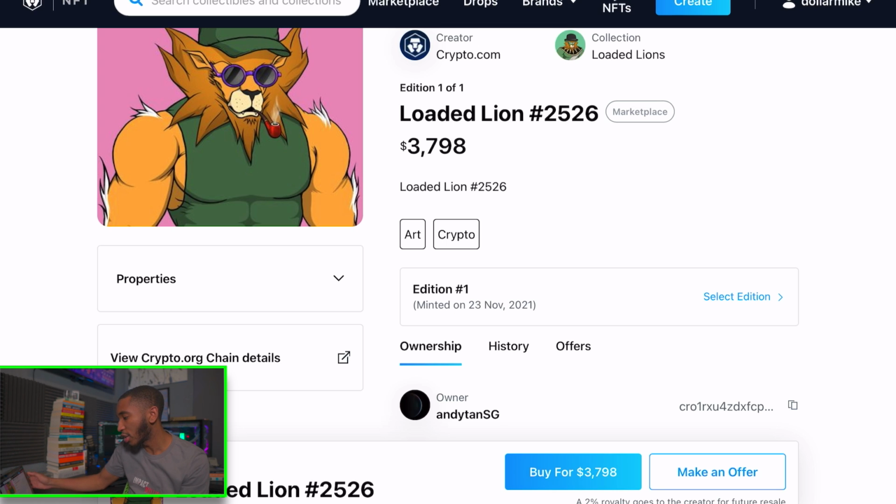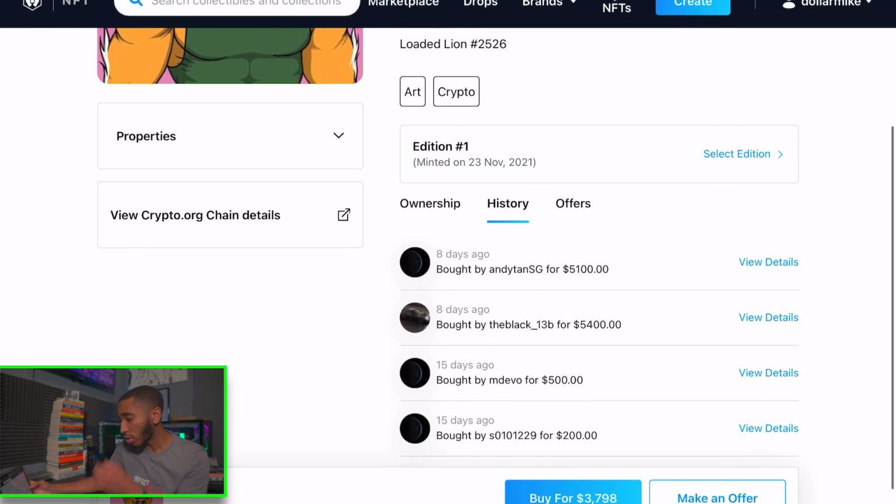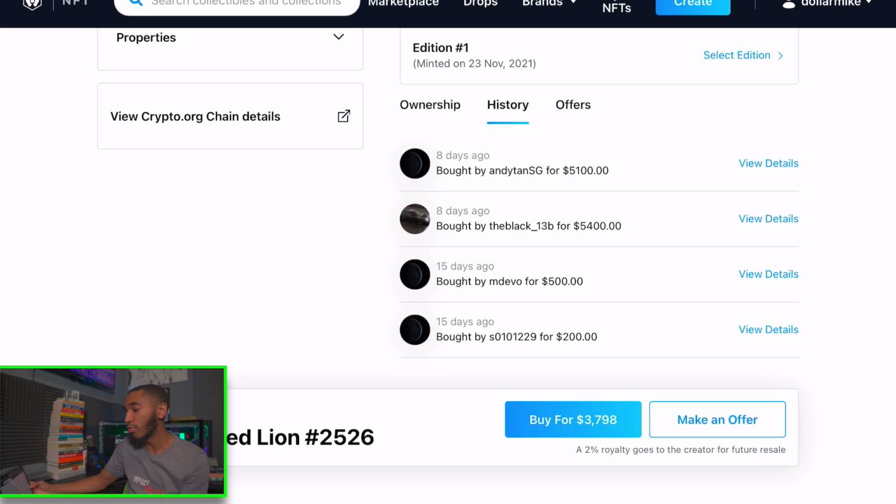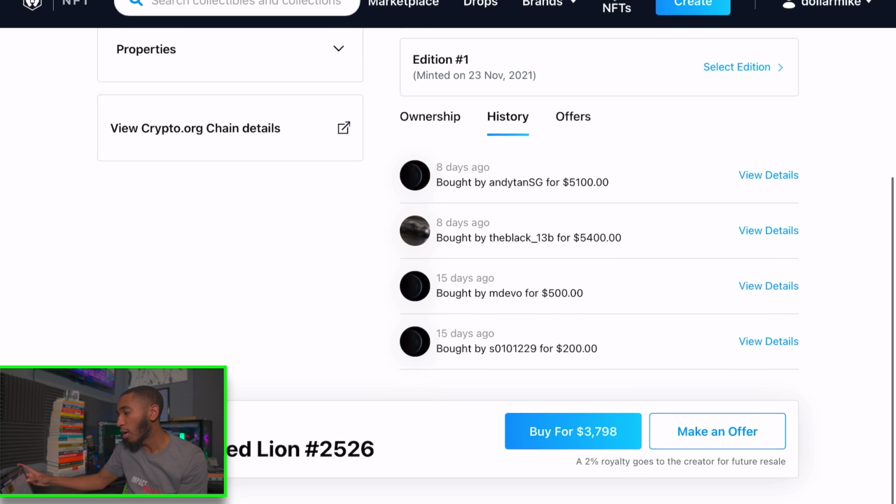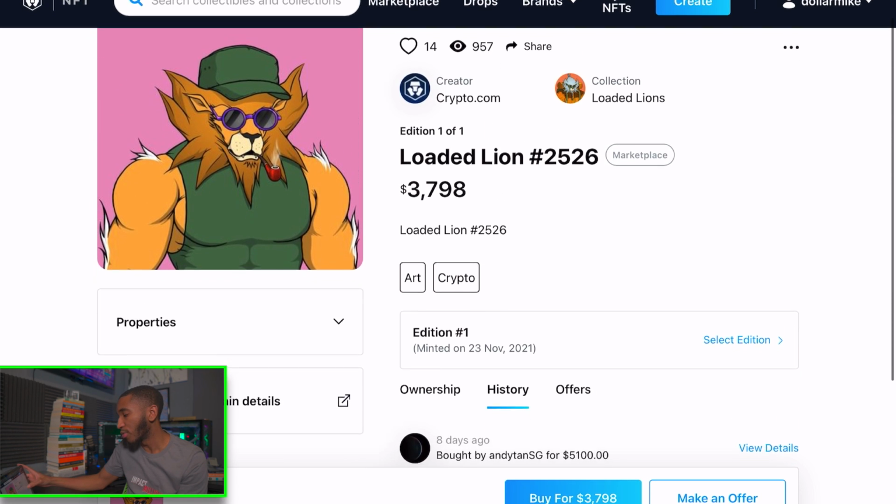Either way, we go ahead and click on the history. Let's see if anybody else did it. So look at this. We can see the history of the actual NFT right here. Like I mentioned before, history. Somebody bought it for 200. That was the original price they bought it for. They then sold it. Somebody else bought it for 500. Sold it. Somebody else bought it for 5,400. Sold it. Somebody else bought it for $5,100. Sold it. And this person bought it, and now they're actually trying to get rid of it for